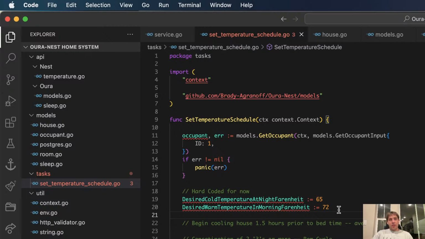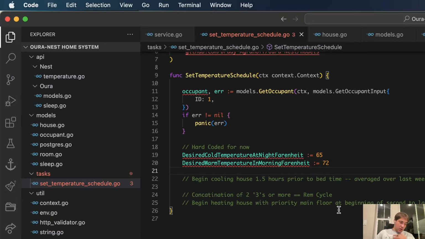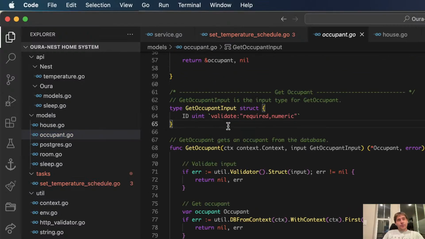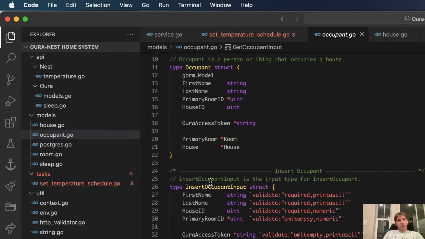So first I need basically, let's see. Let me see. I want to calculate. Oh, I'm so tired. Let's see. All right, so let's go to occupant. Let's say run.